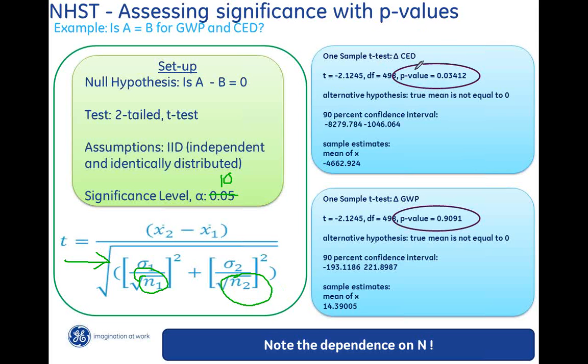All right. So for the change in the CED for the null hypothesis for the t-test, we have n equals 498 because we have minus 2 degrees of freedom, and it's a two-tailed test. Our p-value is less than 5. It's actually less than 10, which in this case means that we can reject the null and we can say that it is different. So the difference between A and B is credible, and we could say that the true mean is not equal to 0.